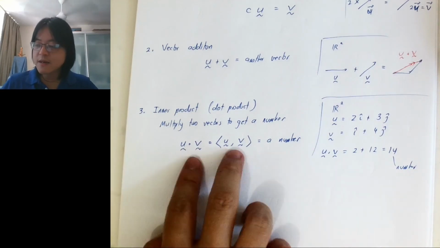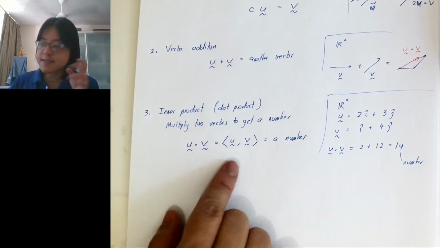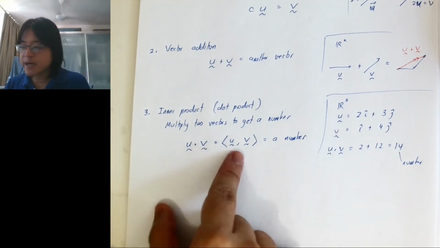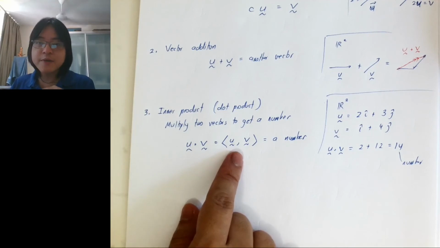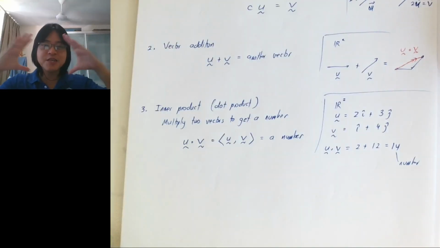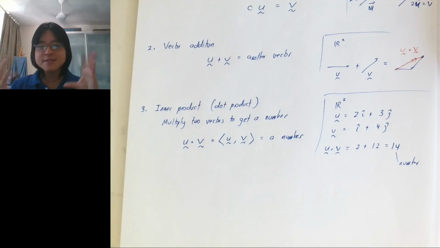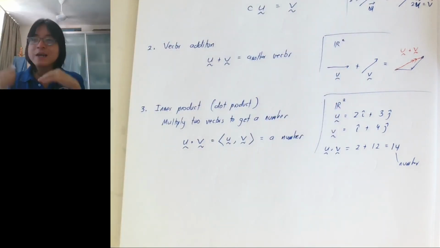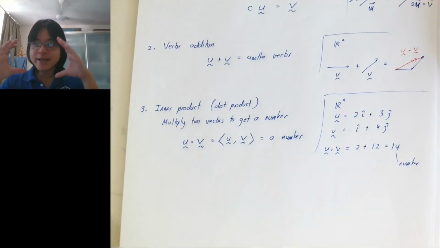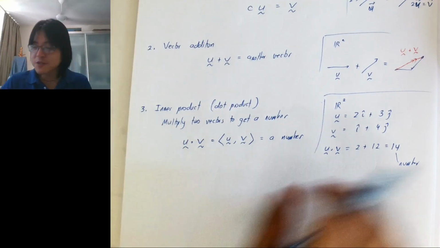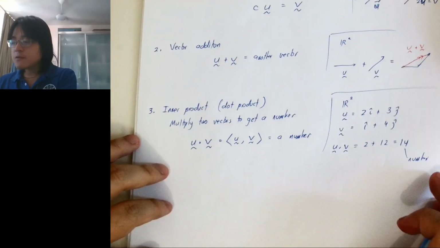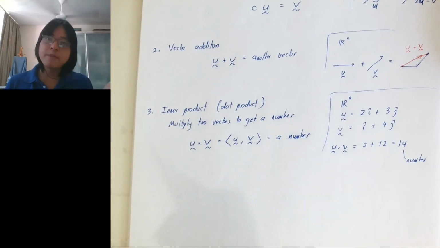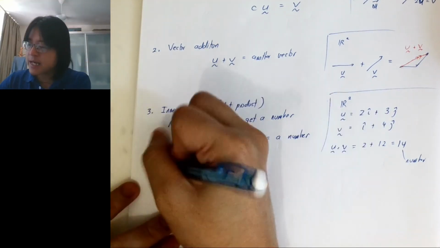So the dot product is the same, but only when we are doing Newtonian mechanics do we use this symbol, right? Later, when we do Hilbert space, we will use those sharp brackets. And the reason why it's sharp brackets is, well, let me explain. I think once you understand these brackets, it's going to be very fun to use. Now, when we are doing R2, everything is very simple, but when you go to complex numbers, we really need to understand what's really happening in the dot product.